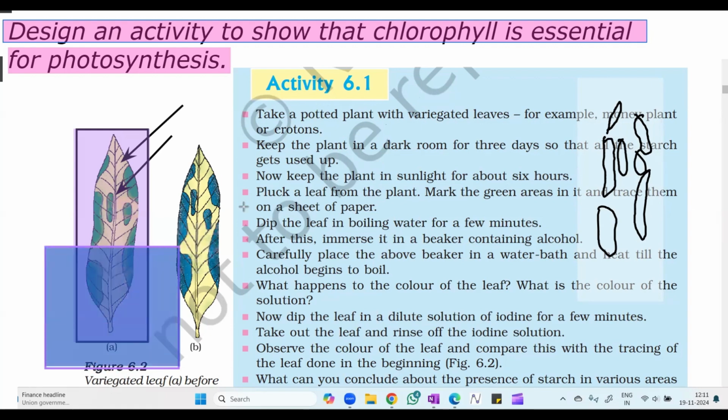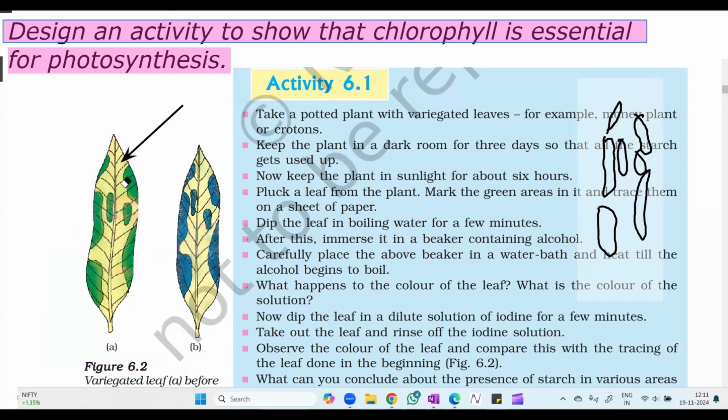With time, you will find that the chlorophyll present in the leaf dissolves in the liquid, and slowly all the chlorophyll will come into this water, and the leaf will become colorless. Now after taking it out from here, you boil it in running water to remove the alcohol. And then